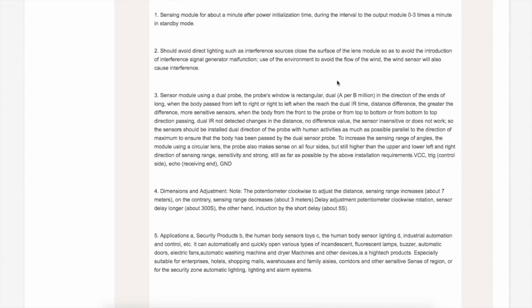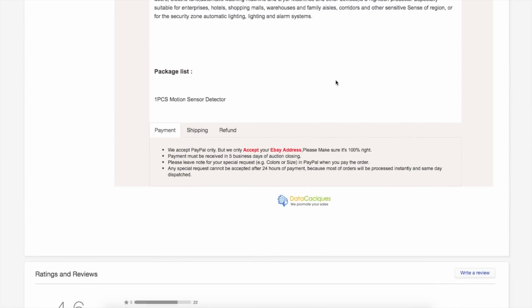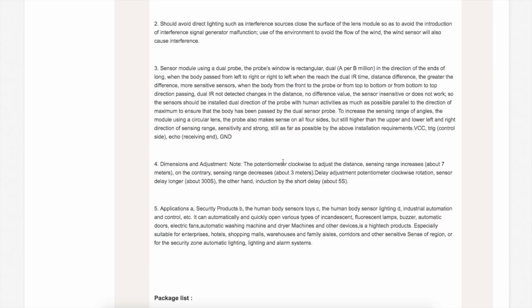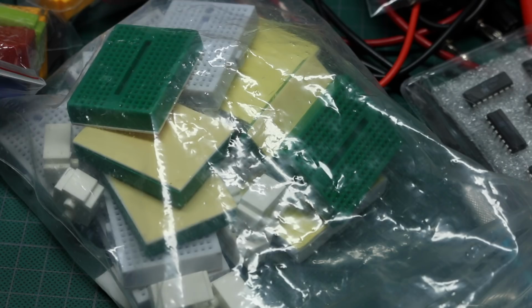They've got a lot of info here compared to usual. So the adjustable potentiometers I saw, I think there were two. You adjust the distance of the sensing range between 3 and 7 meters, and delay adjustment 5 seconds to 300 seconds. At least now I have a better idea of what's happening on this board. I just need to get around to using it. And now,